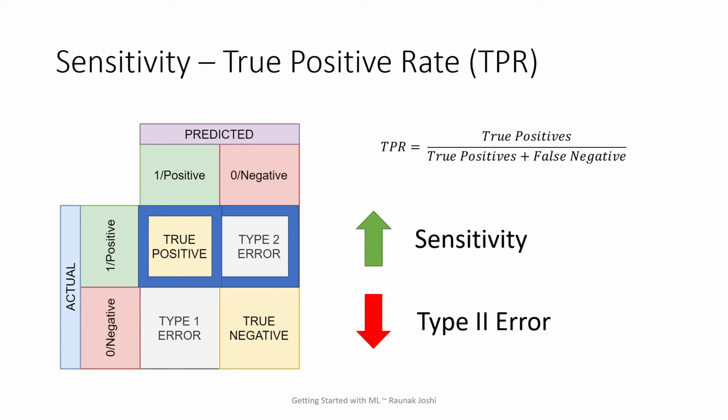See here, if my mail is actually a spam, and my system says it is not a spam, what would happen? Unless it is trying to harm your system, it is not as important as the cancer problem, or let's say the COVID problem, because when someone's life is at stake, you have to be very, very cautious. So in that scenario, type 2 error needs to be handled at the best level. Sensitivity should be very high so that the type 2 error is low. So this is inversely proportional.